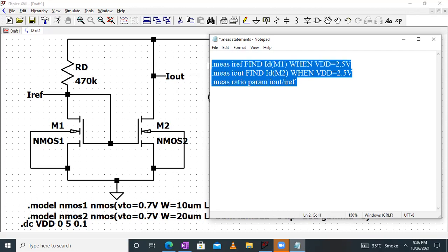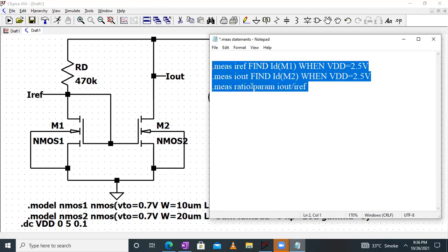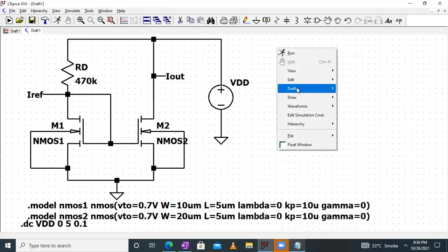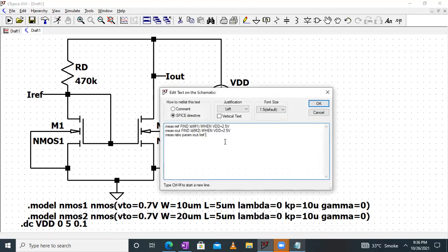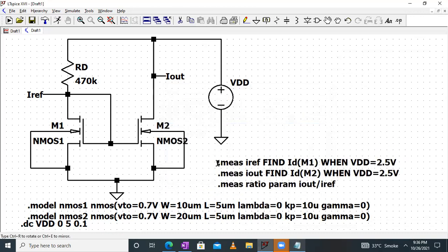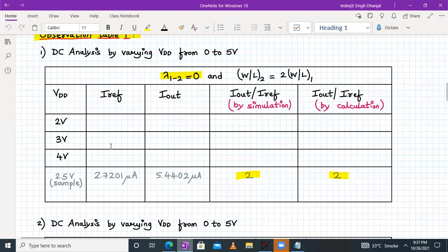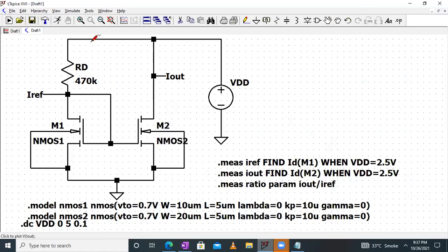So these three statements, we need to add in the spice directive. Okay, so I'll right click over here, go to draft, and go to spice directive, and I paste the statements over here. Okay, so these dot measure statements will help us to directly calculate the ratio I out upon I reference along with the I reference value and I out value. Let's see how it does that.